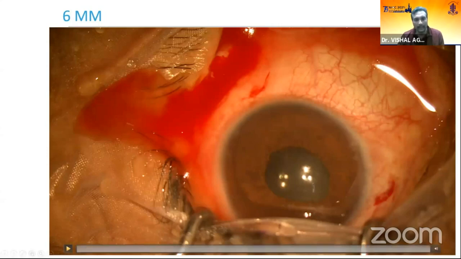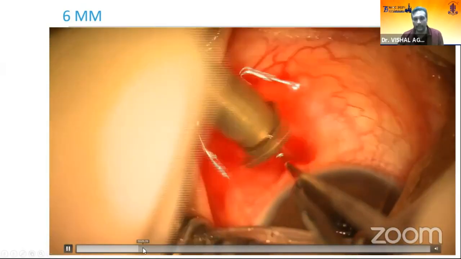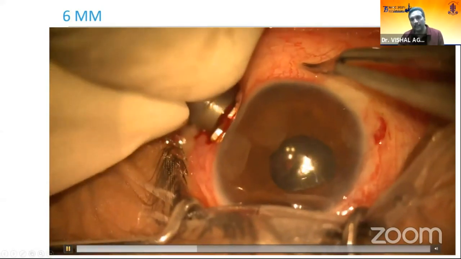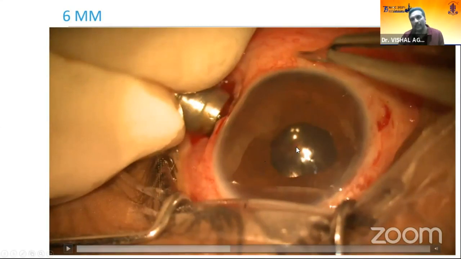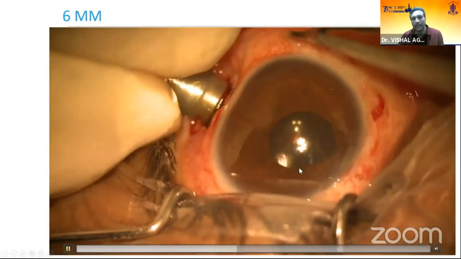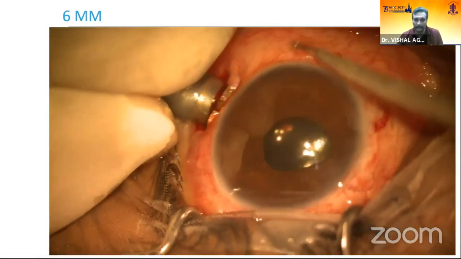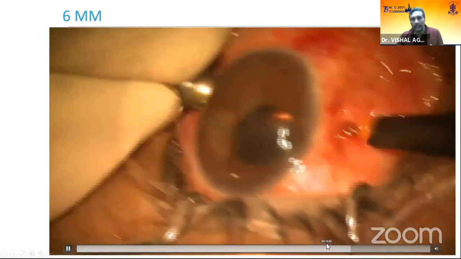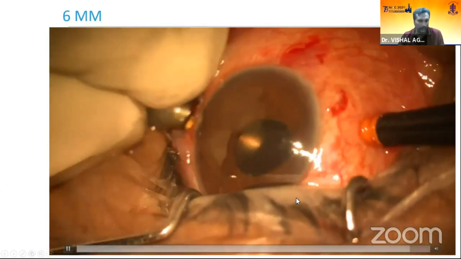A 6 o'clock cannula is very helpful in cases where there is a large amount of bleeding or the view is very hazy. But even after using a 6 o'clock cannula, you have to make sure that the tip is inside the vitreous cavity so as not to cause globe hypotony in the intraoperative period. As you can see, even in this 6 o'clock cannula, the tip is covered by tissue, and we have to use another instrument to dissect all the tissue around that cannula. I'm using the trocar blade to remove the tissue over the tip of the cannula. Now the tip is seen and you can start the infusion safely.